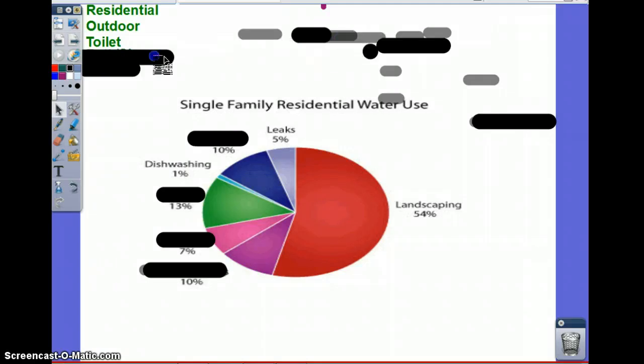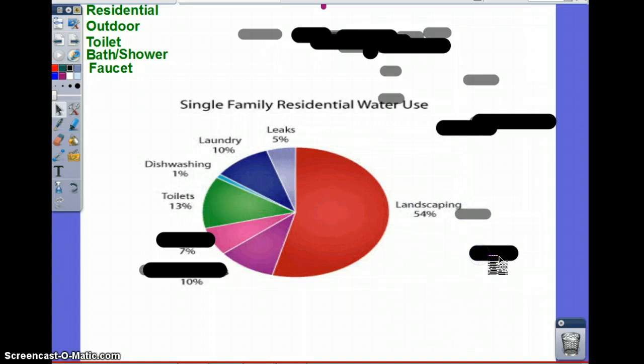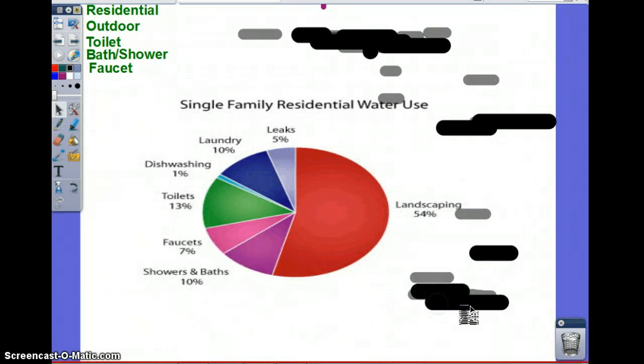And then you have bath and showers, which are right up there, and your faucet. So if I expose all these, you'll see that there are a lot of similarities. I want you to know, number 1, outdoor or irrigation and landscaping. Number 2, toilets. And number 3 is inside. Anything else inside, I'm not going to be picky about how much is dishwashing. So 1, outdoor, 2, toilet, and 3, everything else. Do we need all of these